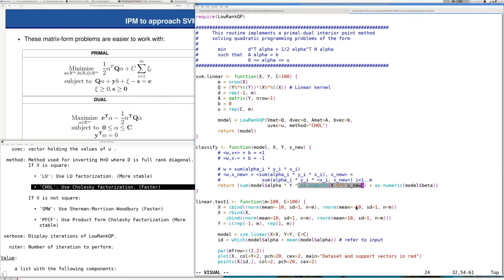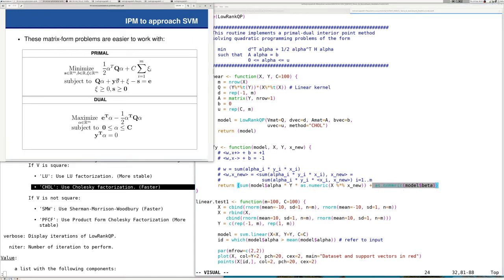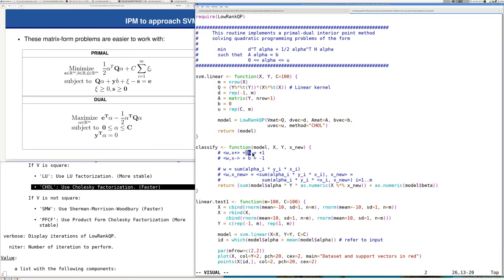This is, of course, the dot product of every input example I have in my space against x nu. And at last, I sum up beta, modulo beta. What is modulo beta? Remember, beta is this B. Take a look. This is actually the B we found in our formulation for this and this constraints. Okay, that's the classification. So here we have the full code for the linear support vector machine and how we